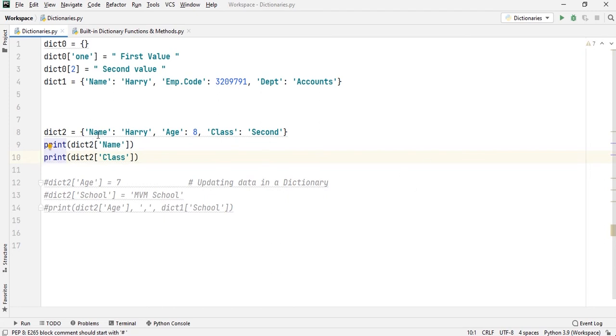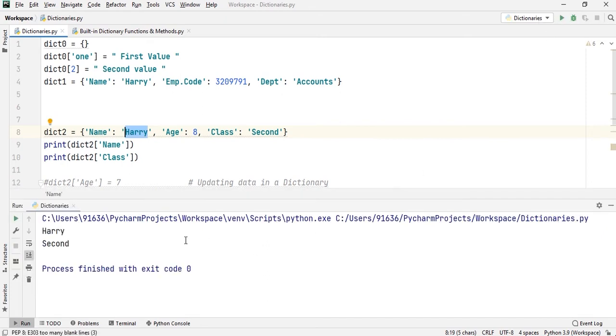The first key is the name and the second key is the class. So, when I run my program now, I should get name as Harry, which is the value for it, and class as 2nd, which is the value associated with the class key. I will run it for you now. You can see that name key produces Harry, which is the value, and the class key produces the value 2nd.